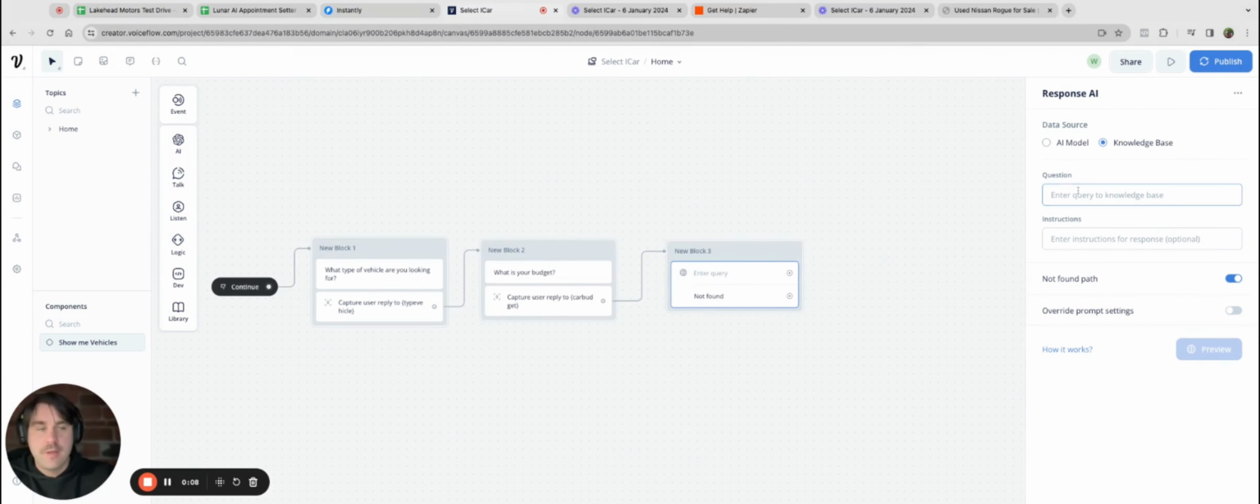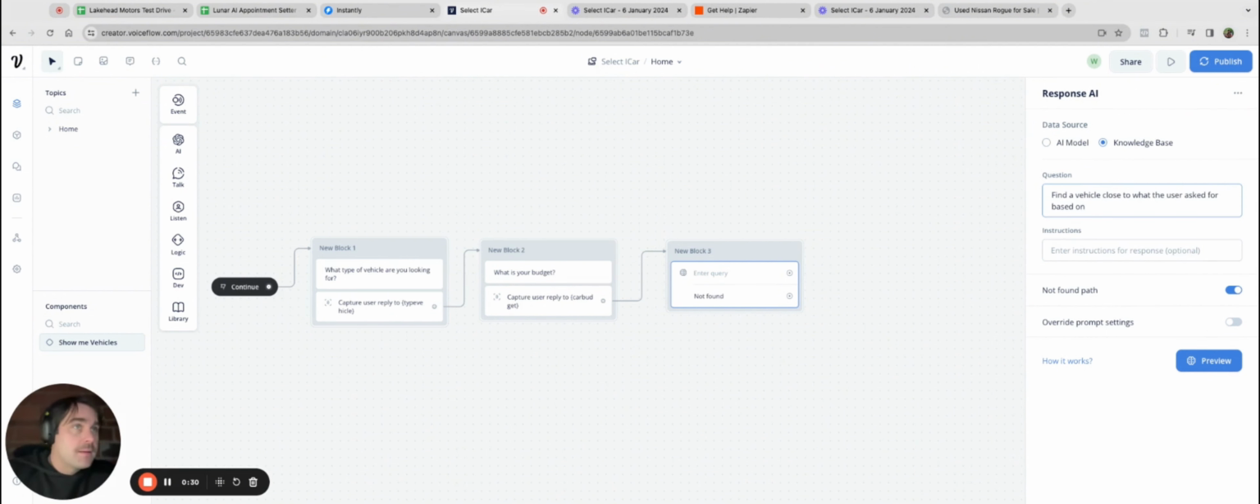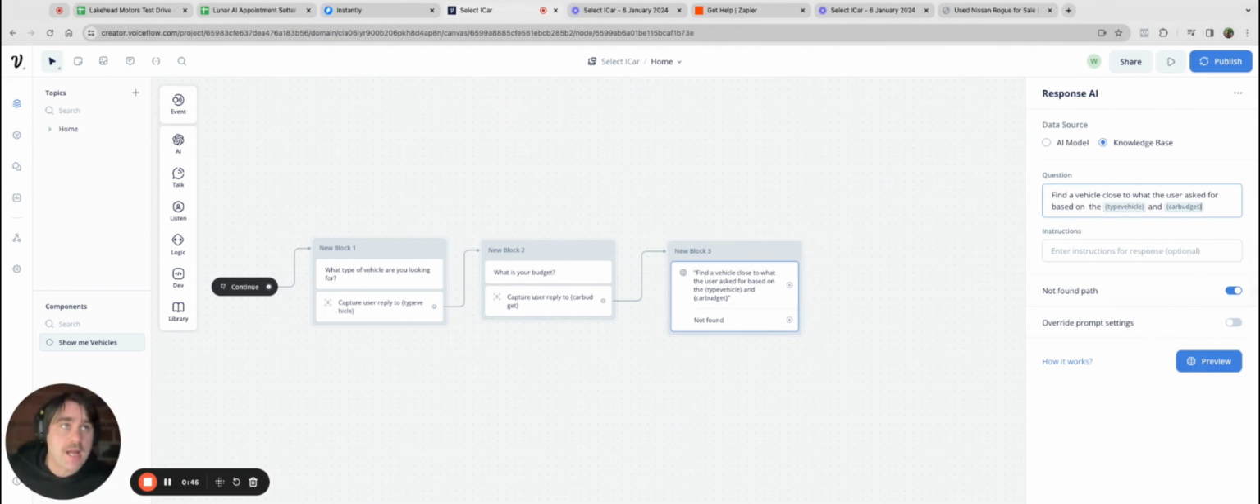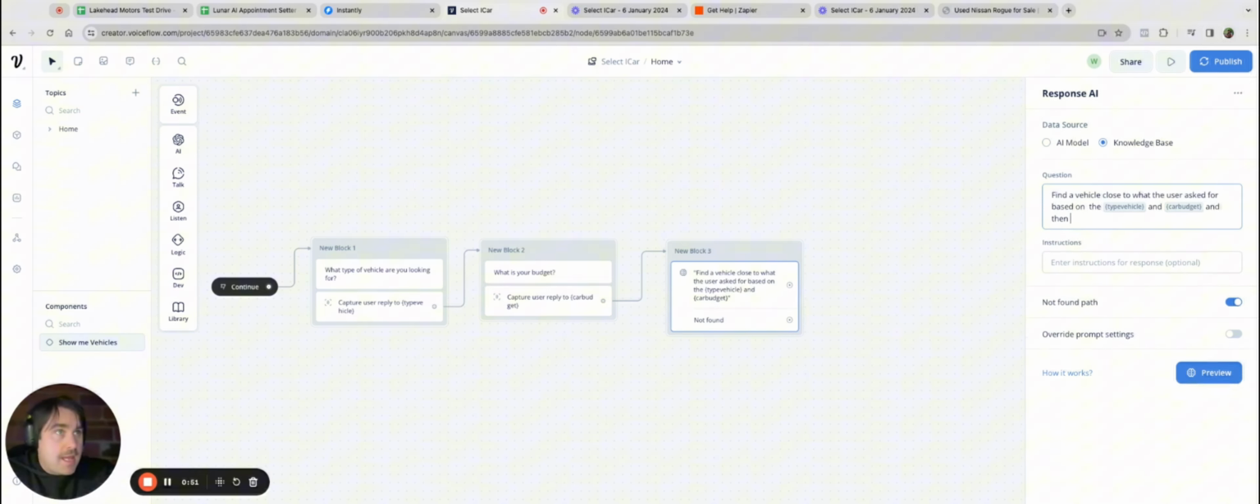We're going to now give the AI instructions, and actually we're going to put it in this top box, not where it actually says instructions, because this is optional. So we're going to put it right here. We're going to tell it, find a vehicle close to what the user asked for based on the type of vehicle and car budget. Okay, so it's going to extract what the user is saying in those boxes, and then